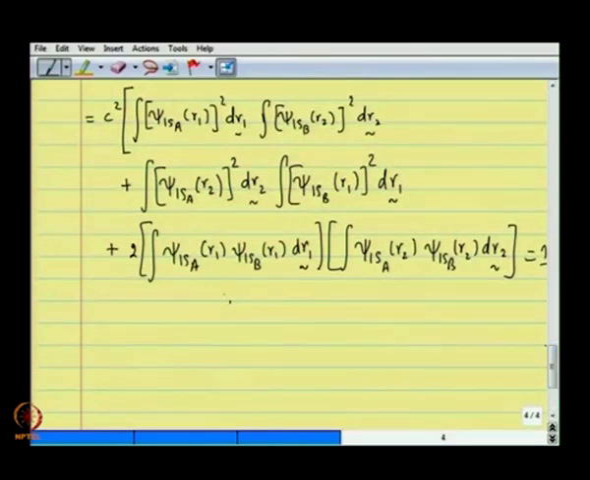So what should I have? I should have a bigger square bracket here covering this c square, okay. So let us do that, okay, that is what this is. So what we have is the first integral is nothing other than the atomic orbital normalization for electron in